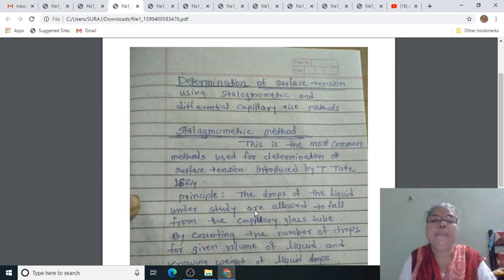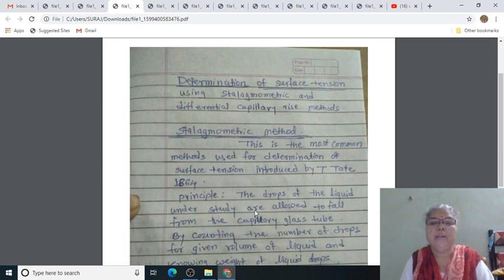Stalagmo means a drop, and depending on the meaning of the stalagmo in Greek, the name implies here the stalagmometric method for the determination of surface tension, and this is the most common method used for determination of